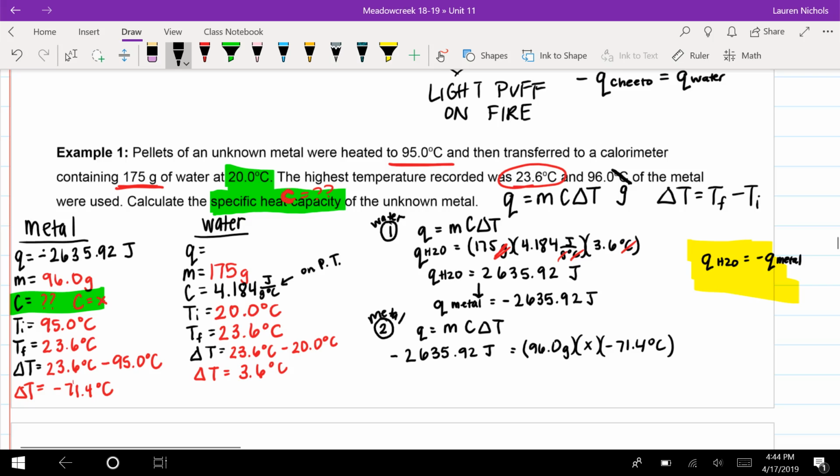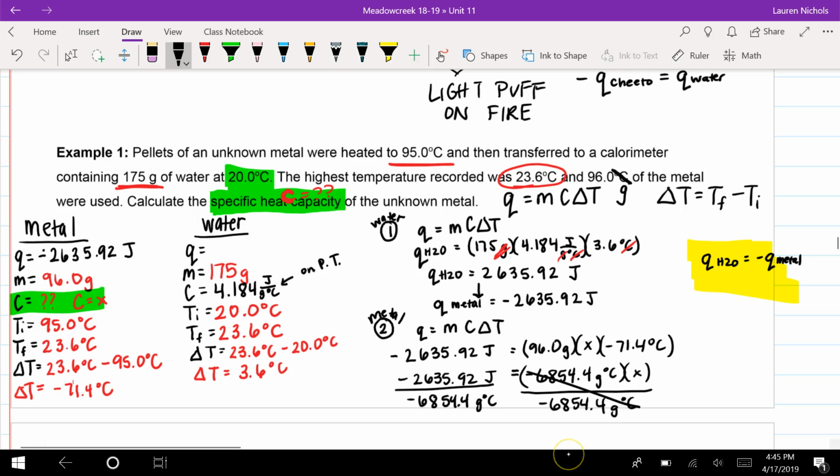So in order to simplify the right side of the equation, you are going to multiply those 96 and negative 71.4, and you get negative 6,854.4 grams times degrees Celsius times X, which is equal to negative 2,635.92 joules. And to solve for X, you just divide by negative 6,854.4 grams degrees Celsius on both sides. That cancels out. So therefore X, which is our C, is equal to negative 2,635.92 divided by negative 6,854.4, which gives us